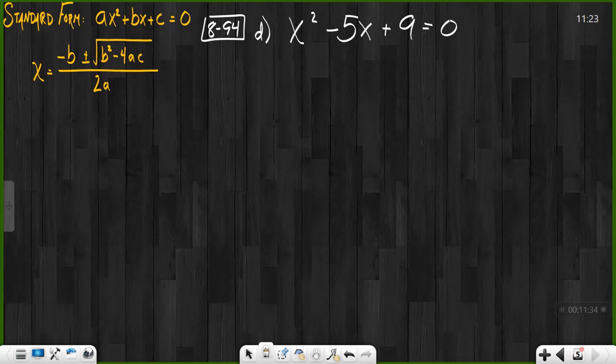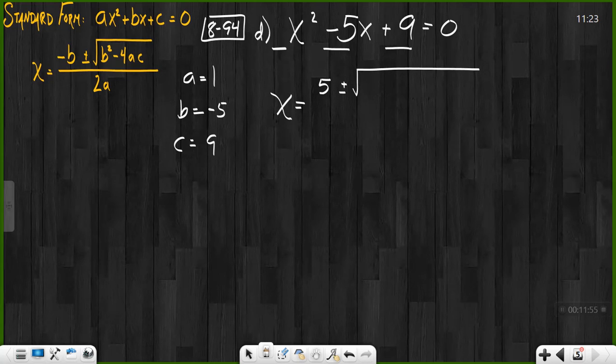Let's take a look at another example. All right, this one here. Now, all of a sudden, we find that a equals 1, coming from right there in front of the x squared. b equals negative 5, and c equals 9. So let's plug those in. x equals the opposite of b. b here was negative 5, so I'm just going to put in a positive 5, plus or minus the square root of negative 5 squared minus 4 times 1 times 9, all over 2a,